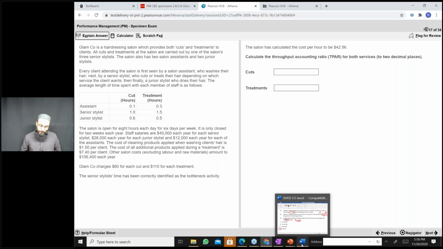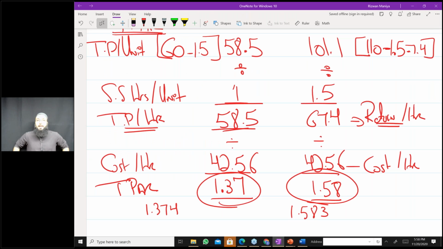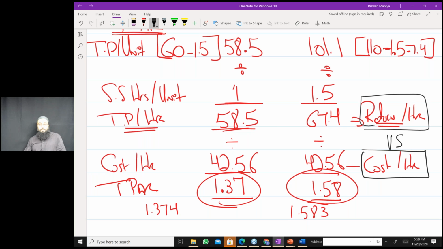So what's the concept building work that I'll be doing here? Now, many people are unsure as to what TPAR exactly indicates. Okay, so I'll tell you. Throughput is known as return per hour. So what you do, you compare return per hour with cost per hour. Okay, so listen, the limiting factor is senior stylist, and whenever there is a limiting factor,